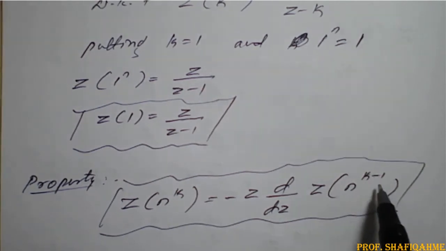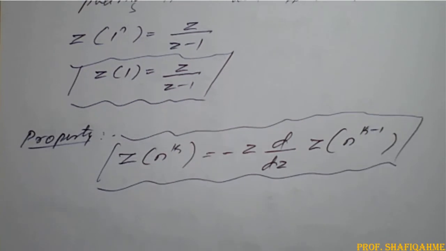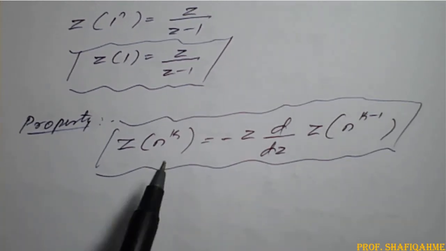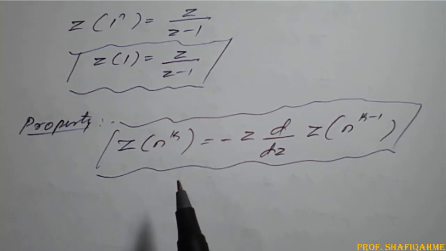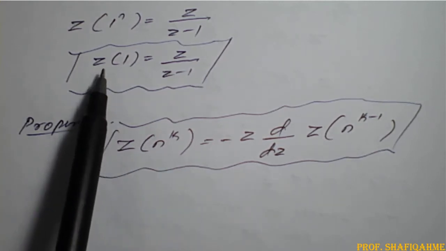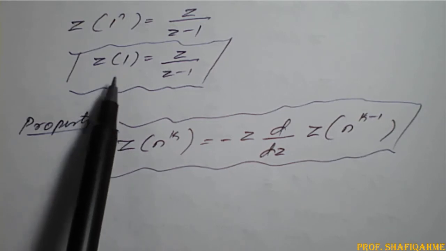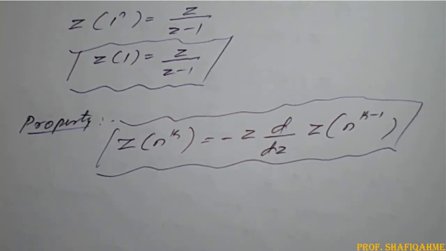Using this property we may go forward to a few more standard results, but while finding them we need to remember what is the Z transform of 1, and what is the Z transform of k raised to n. Keeping those in mind, we'll go for the next result. Result number 3 we'll see here.